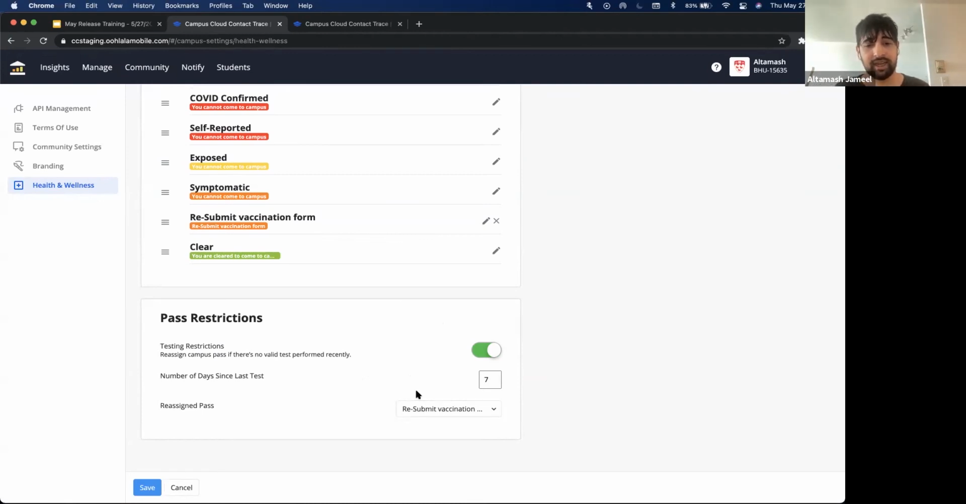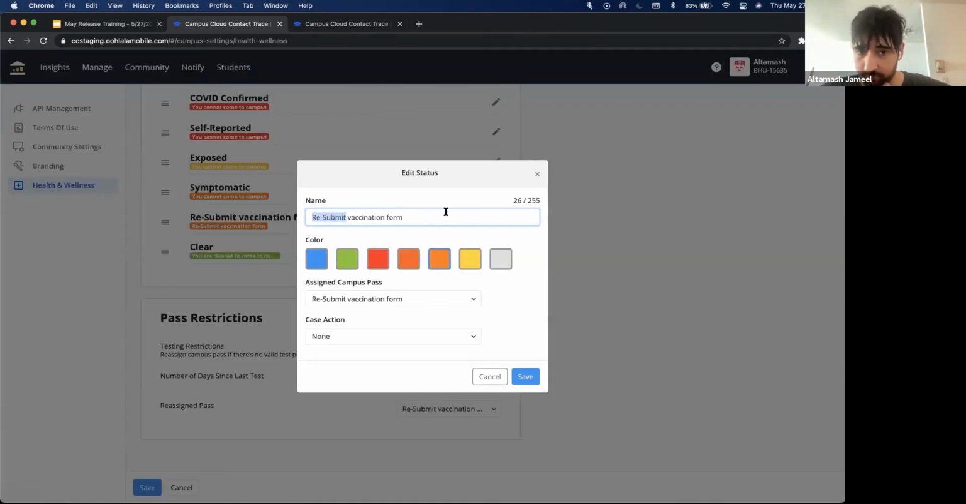For example, let's say a student needs to get tested every 7 days. They got tested on May 19th last time, and the 7 days has passed. So they were clear for 7 days, and now they're no longer clear. The student's pass will automatically change, and they will be requested to get retested. So this is what this allows us to do for our testing workflow. I'm going to change this to